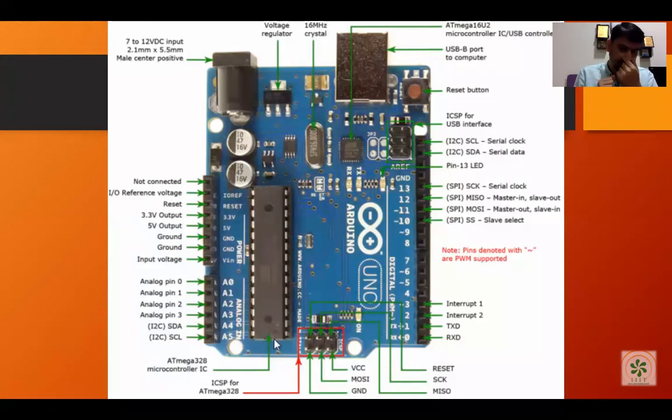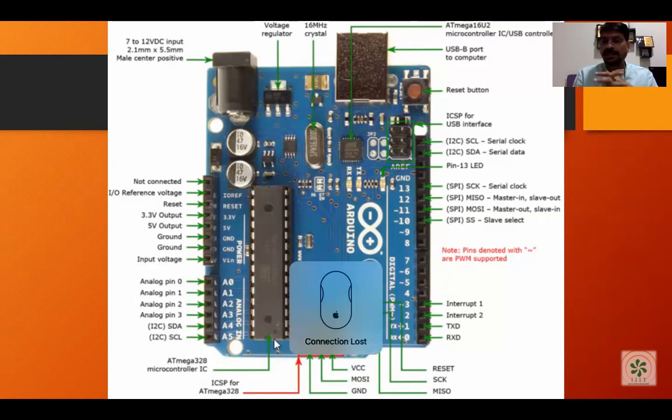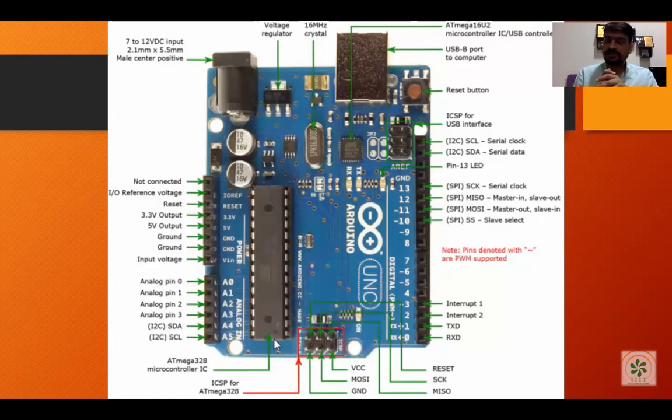Getting it? And if you want to give the signal to the actuator, whether it has to move or move in the reverse direction, meaning clockwise, anti-clockwise, go forward or go backward, for that I need some sort of signal, right? That signal we have to give, so we'll make it an output pin. So we have input pin and we have output pin. Input pin is for taking the data, output pin is for outputting the signal.